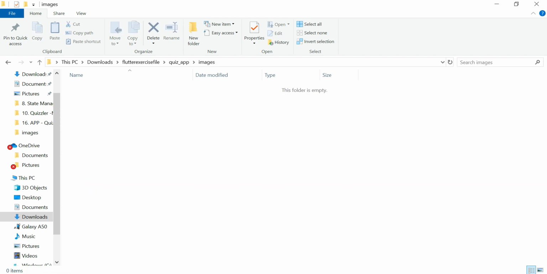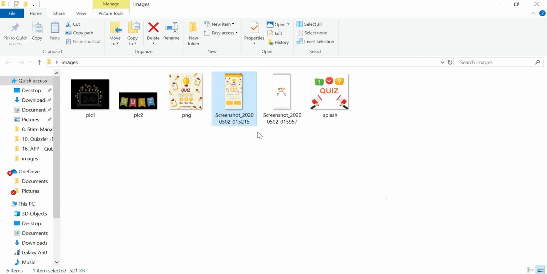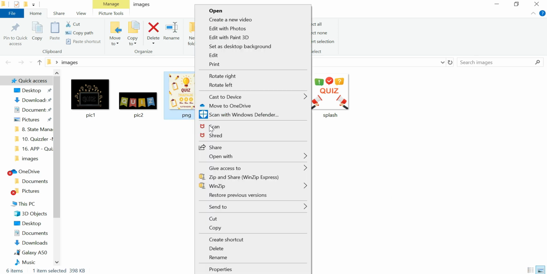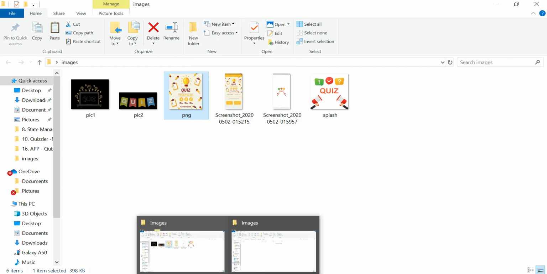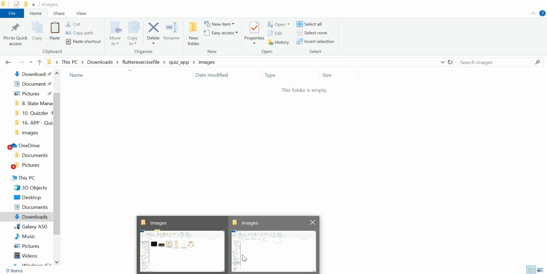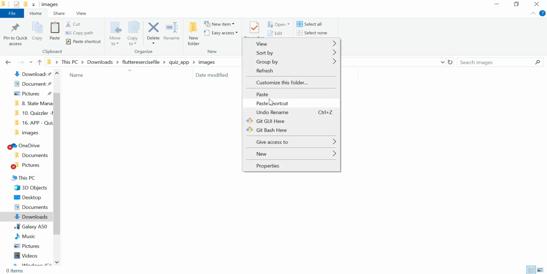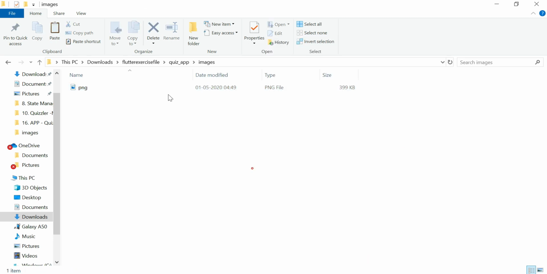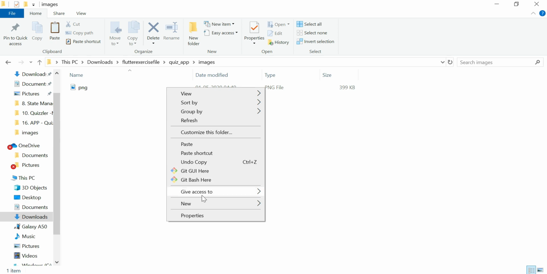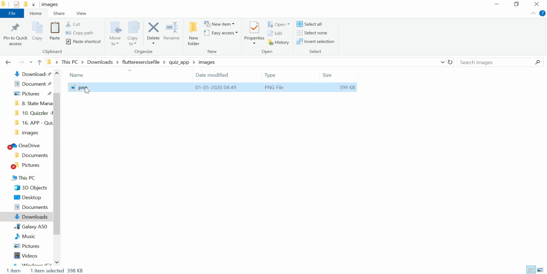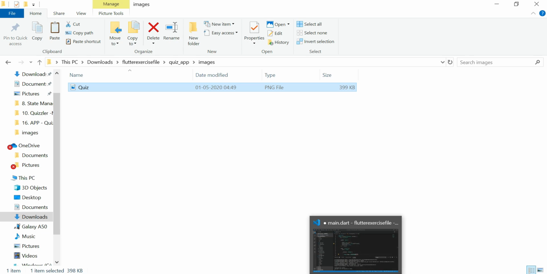Now look, just wait. This is the image that I want to use in my app, and I'm going to copy this and paste this image inside the images folder. Now I pasted this image in the images folder, and first let's change the name of this image, and I rename this as quiz. It makes sense because we are building a quiz app.